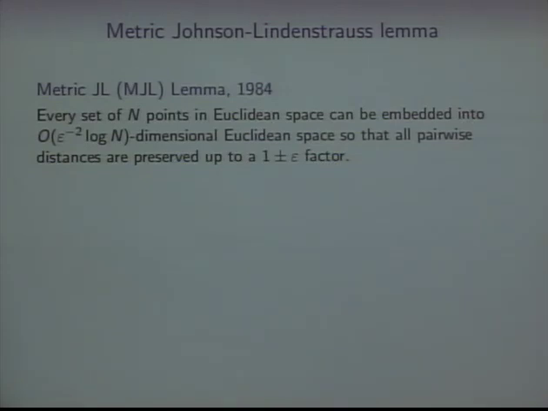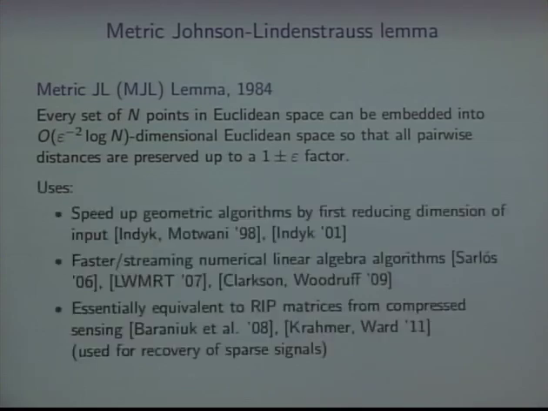Okay, so the first part of the talk, we're going to talk about the Johnson-Lindenstrauss lemma, which says that if you have capital N vectors and you want to preserve all the pairwise distances up to 1 plus epsilon, you can map those vectors down to 1 over epsilon squared log n dimensions, independent of the original dimensions of the vectors. And it's been used to speed up some geometric algorithms. So, first you reduce the dimension down, and then you run whatever algorithm you had before.